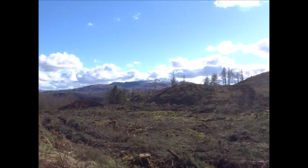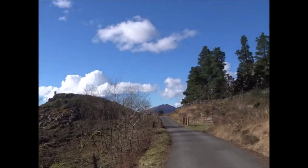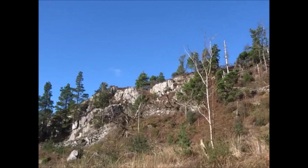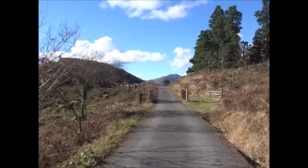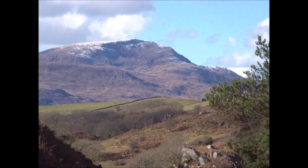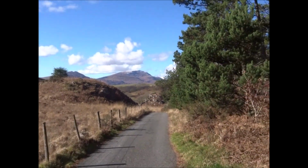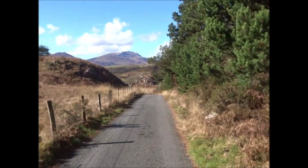There's a little bit of snow on the North Rhinogs there. It's the 7th of March, and the temperatures have dropped, so the winter's not over yet by any means. Here's a shot of Moel Hebog, a little bit of snow on the top. Of course, with this warm sunshine, that snow will disappear